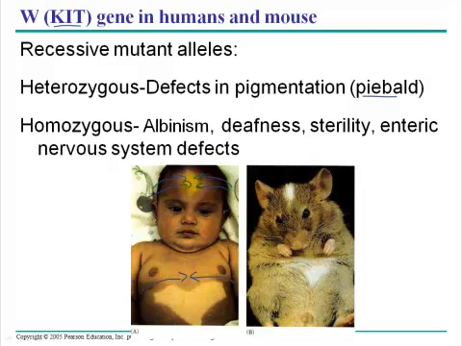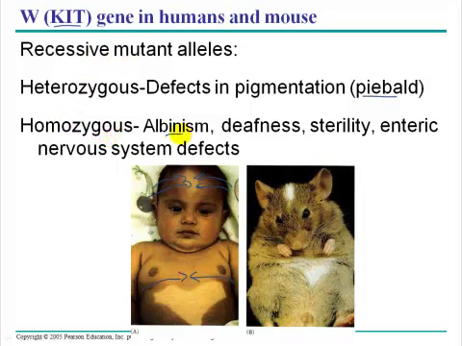and so we have a lack of pigmentation there. Interestingly, you see exactly the same phenotype associated with that heterozygous genotype in mouse, and it really does demonstrate that humans are basically just giant hairless mice when we see these kinds of similarity in phenotypic expression. If you're homozygous for that recessive mutant allele, you actually have much more severe pigmentation problems,